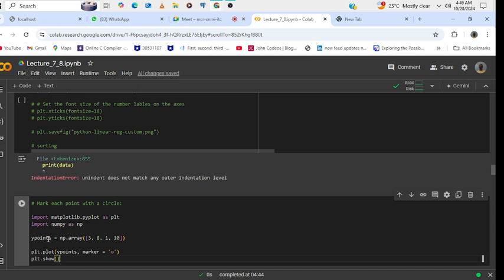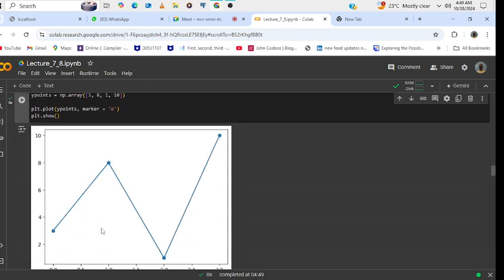In this case, I just have some y values, and I want each and every point to use a marker. How do we do that? I'm just going to pass my y points in the plot, and then specify the marker that I want to use. In this case, I want to use an o marker. So if I run this,